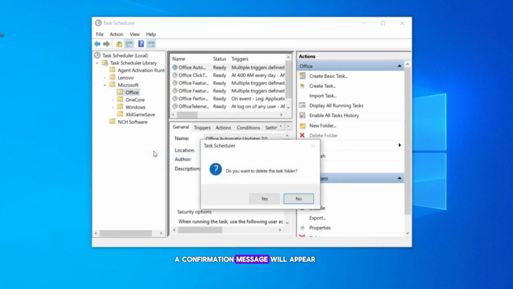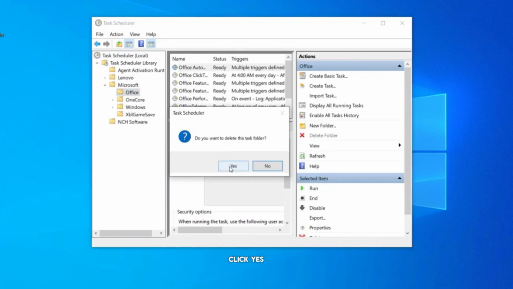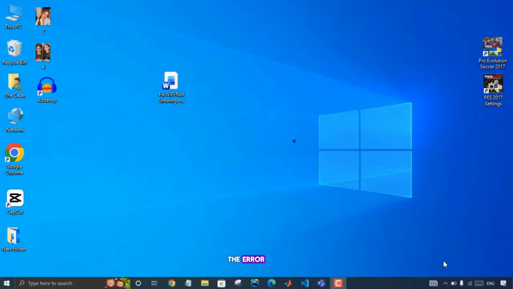A confirmation message will appear asking if you're sure. Click Yes. Then restart your computer. After restarting, try installing Windows or Office again. And that's it. We've explained how to fix the error Encountered an error during Setup Office that appears during Microsoft Office